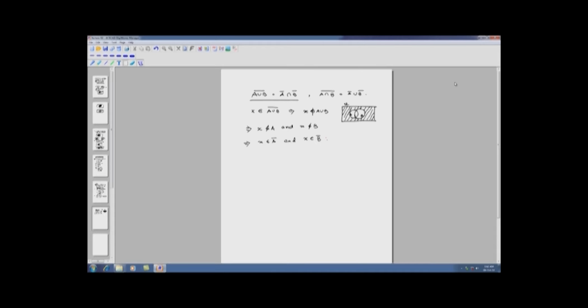Now, this means that x is inside A complement intersection B complement,